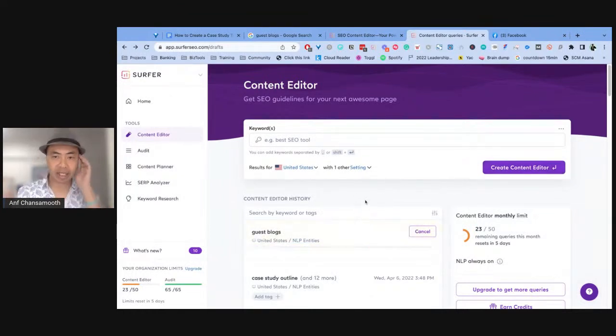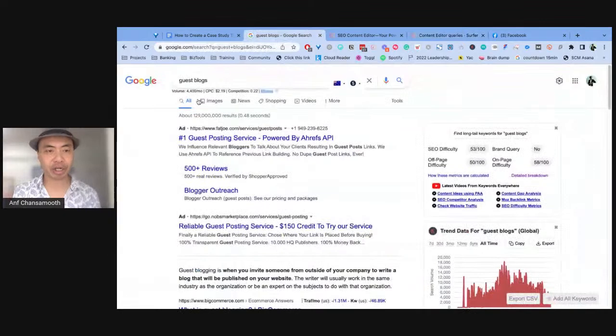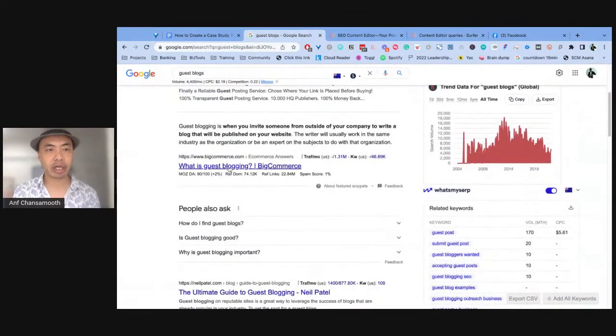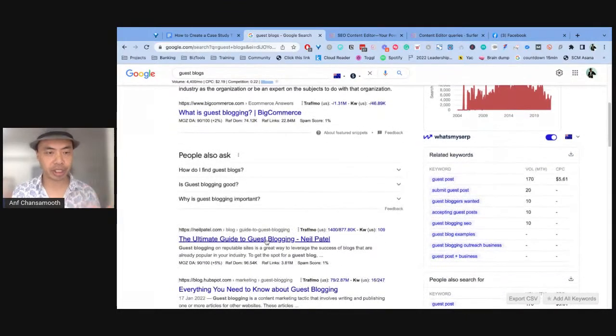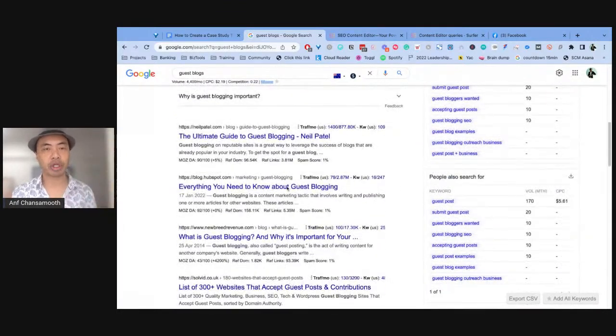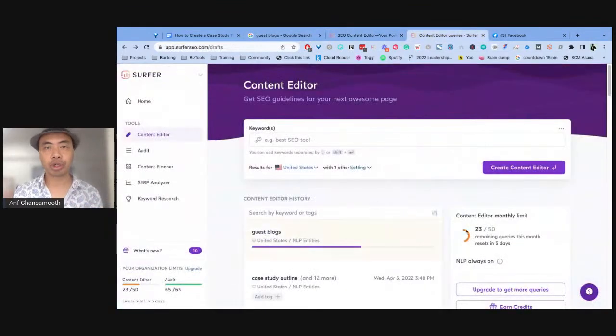What it does is, this artificial intelligence and the technology behind it is now going to Google and looking at those articles or pages that are ranking on page one here, like this BigCommerce article, What Is Guest Blogging, Neil Patel, and so on. It's looking at all these results, pulling all that data into Surfer, and then it's going to create